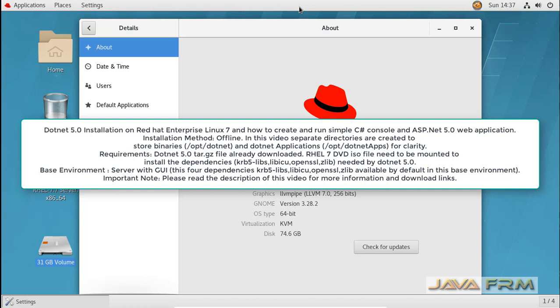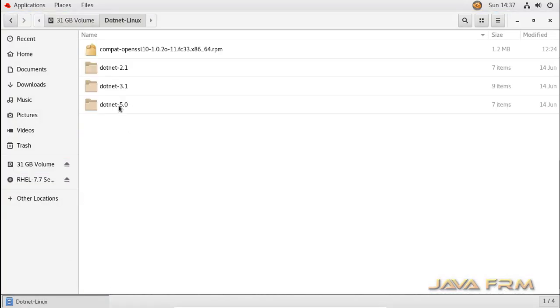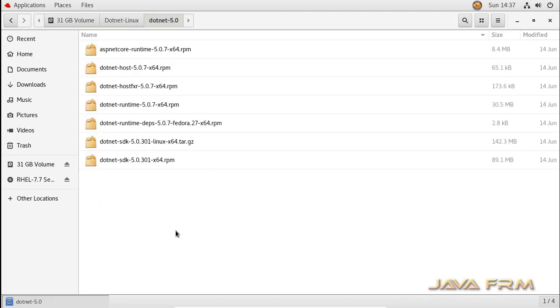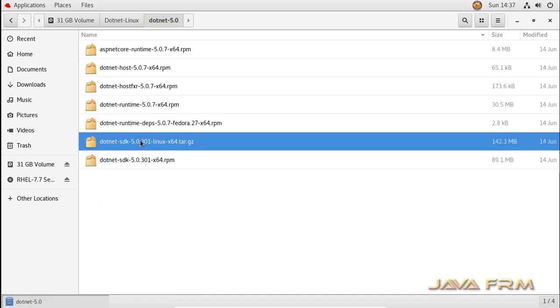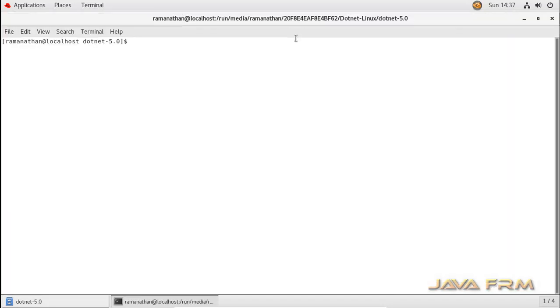So .NET 5.0 is the latest stable release from Microsoft's .NET series. So let us check whether it is installing in Red Hat Enterprise Linux 7 or not. These are the binaries and packages I have downloaded from the .NET website. We are going to install the .NET 5.0 tar.gzip file, which contains SDKs and runtimes. tar.gzip is a generic tar file